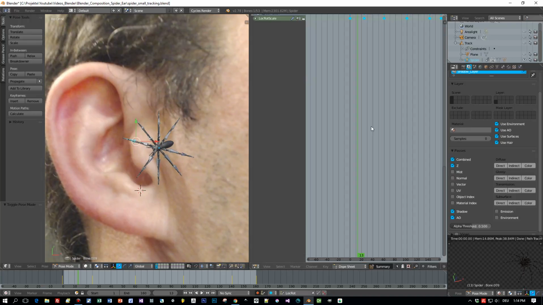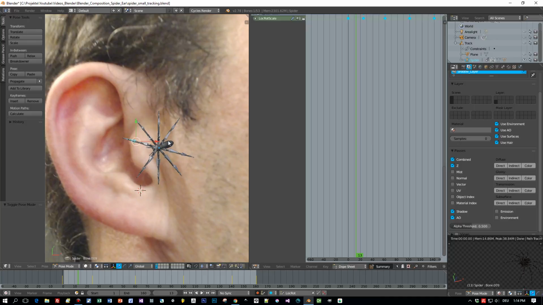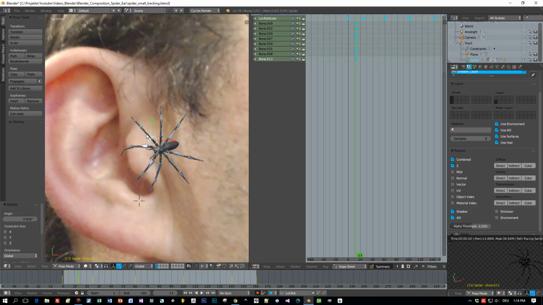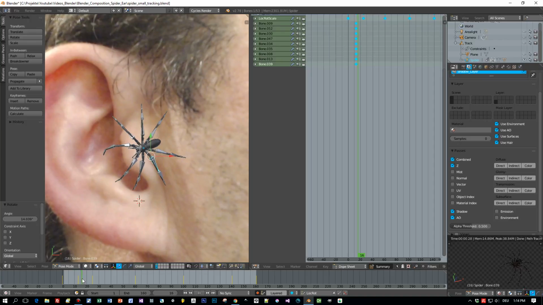I also switch here to the dope sheet where I can see my keyframes that are already added, and now with automatic keyframes enabled I select the bones in pose mode and change position and rotation of these bones. Now I'm doing this for frame number 15. Just apply rotation. And then I'm going to do the same procedure for the next frame. In this example it's frame number 18, I think. And so on and so forth till I reach the end of the movie